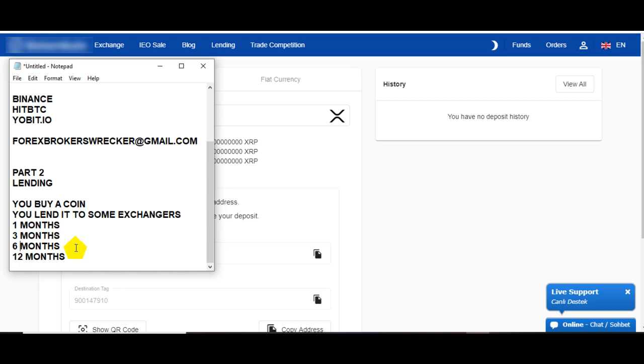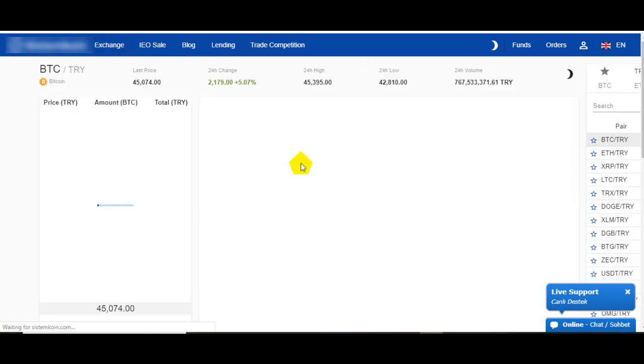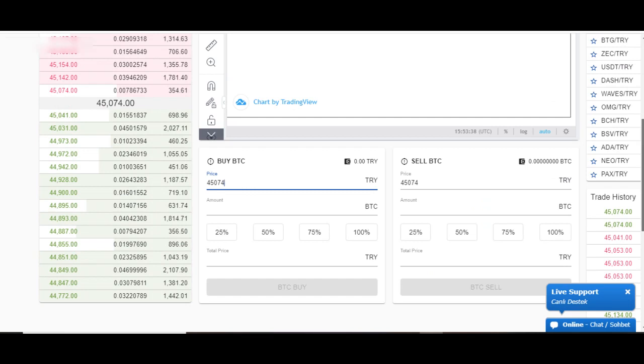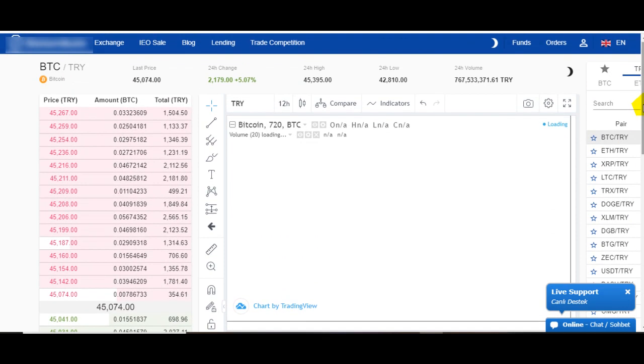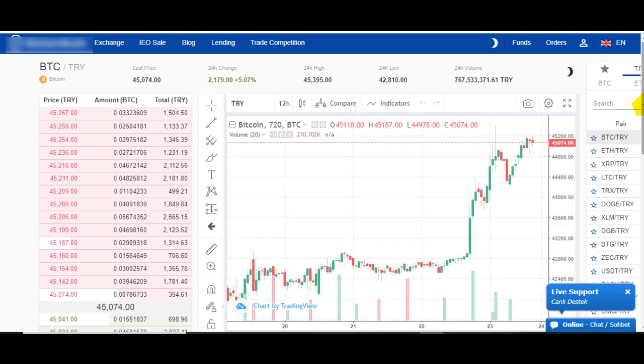But don't lend your money to scammers. Use a notable exchanger like the one you are seeing here, an exchanger just like Binance or 8BTC, a company that exchanges cryptocurrency. That is what they are all about. These exchangers also have their own coins, just like Binance has its own coin and crypto.com has its own coin.